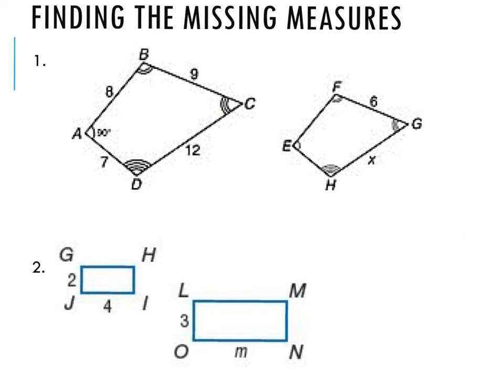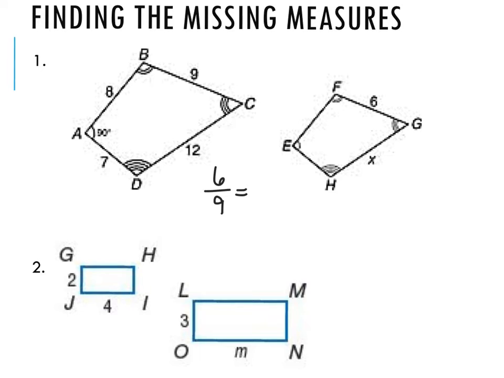The last thing that we're going to do is find the missing measures. So these polygons are similar, so they do have congruent corresponding angles, and they have proportional corresponding sides. So we just need to set up two ratios or two proportions equal to each other and solve for our missing side length. So for example, I could take any one of them that I already know. In this case, I know over on my right-hand side that FG is 6. FG goes with BC, so I'm going to write 6 over 9,